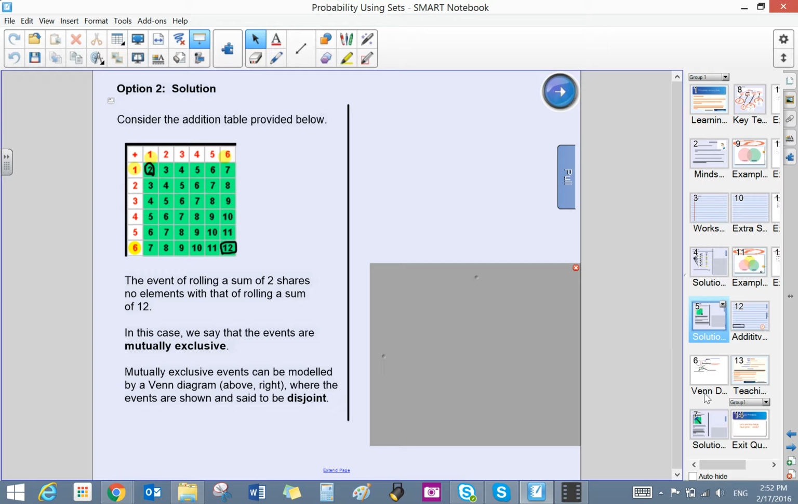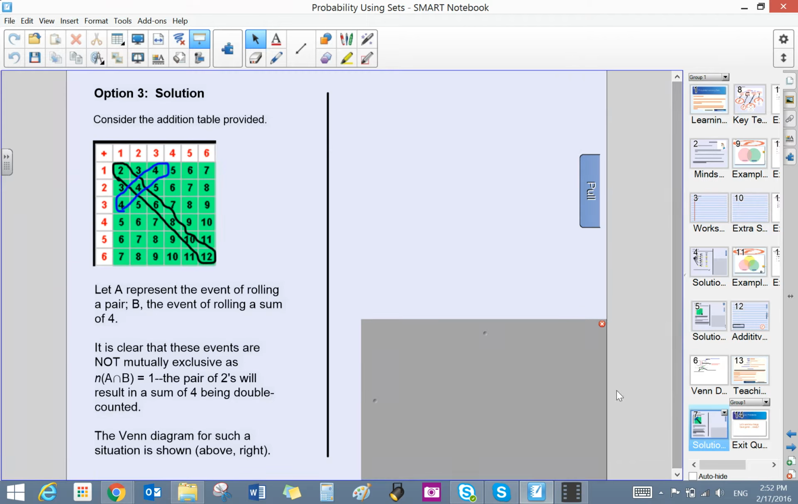And lastly, rolling a pair, that is doubles, or rolling fours, a sum of 4, we saw that those were non-mutually exclusive events because they intersected, in terms of sharing that particular 4, as a sum of 4 as well as being a double. So today what we're going to do is take a look at